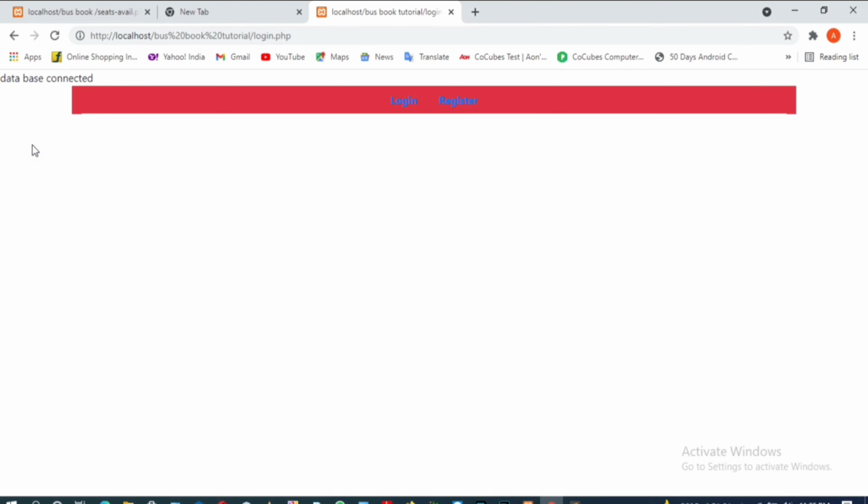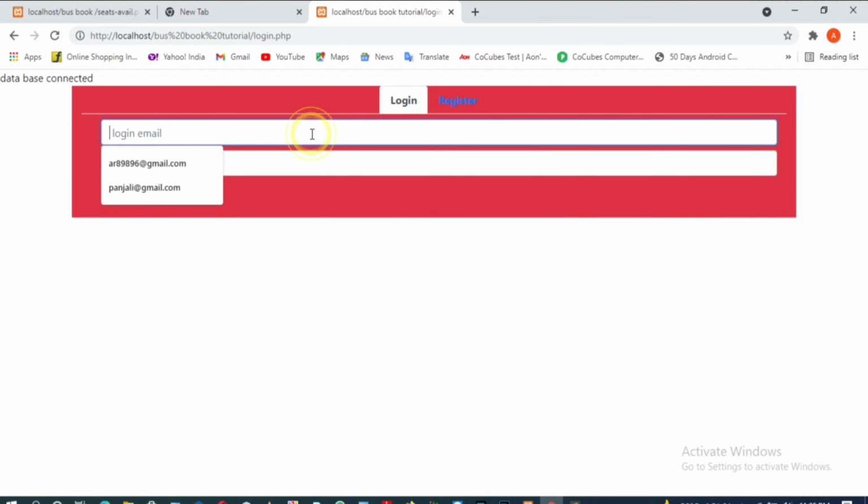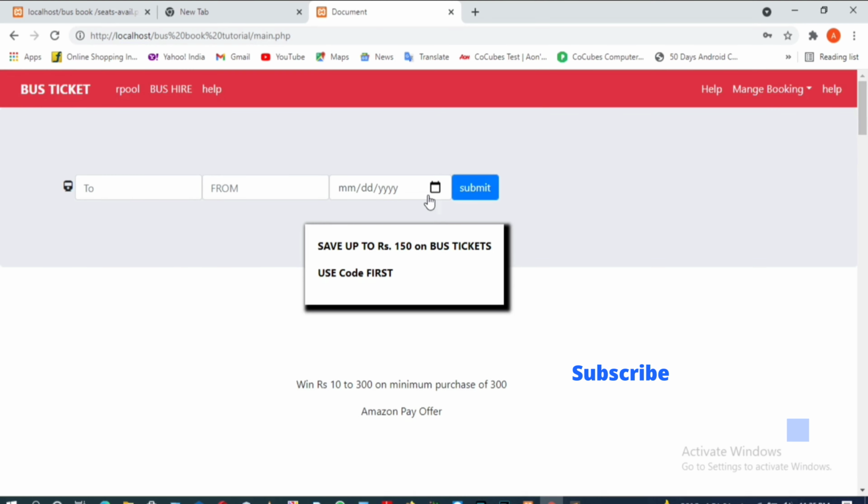Clicking on logout, yes, we are redirected to the login page, but there is still the problem in the GUI. The working process is good. Now login again. Yes, that's good.